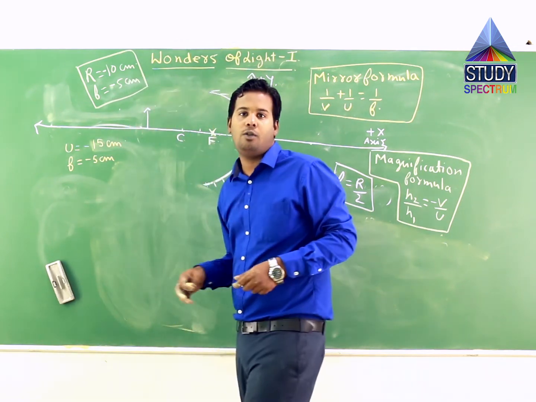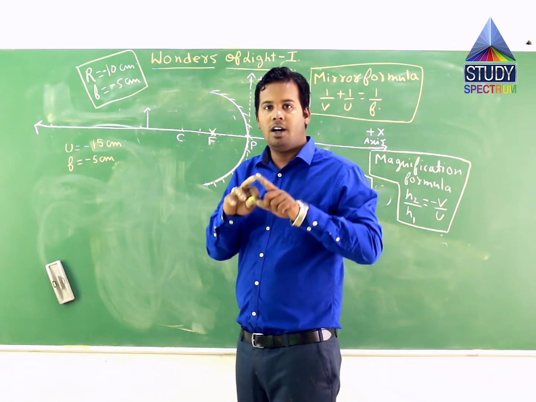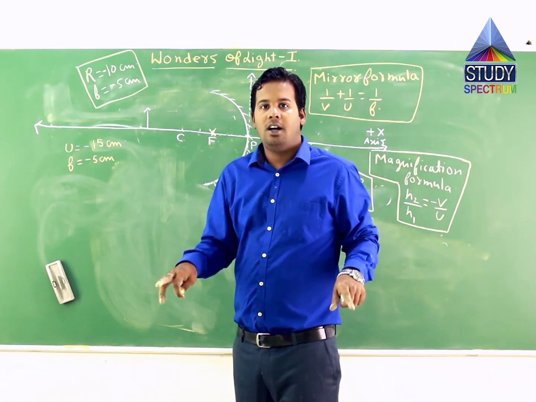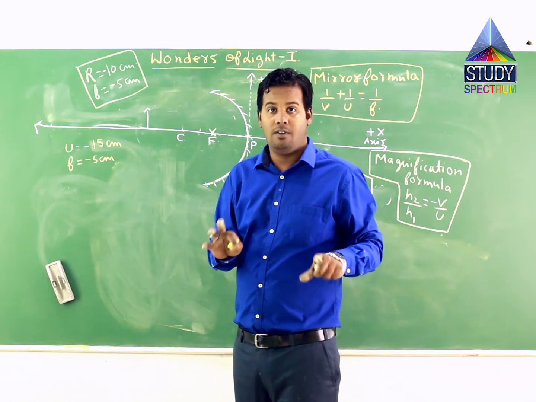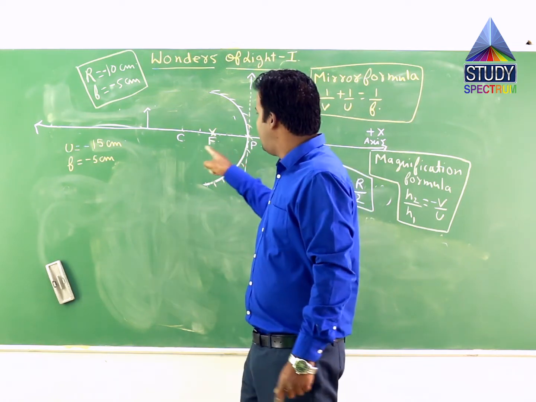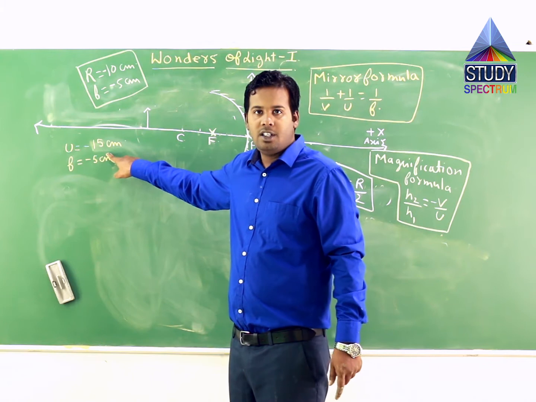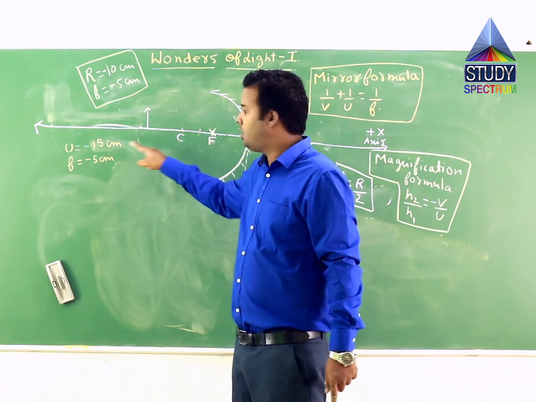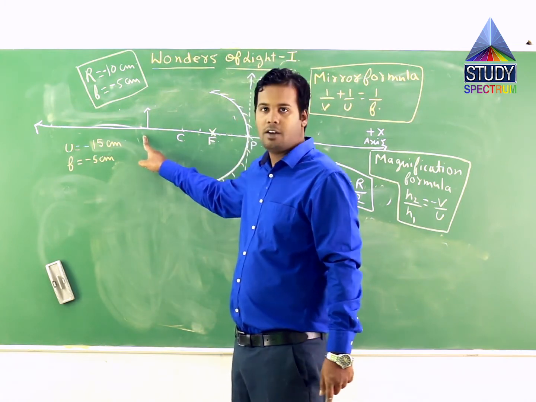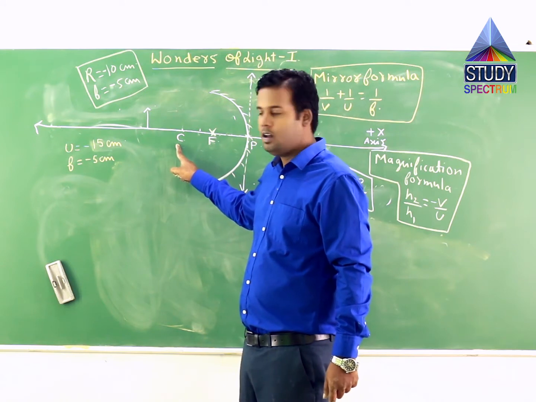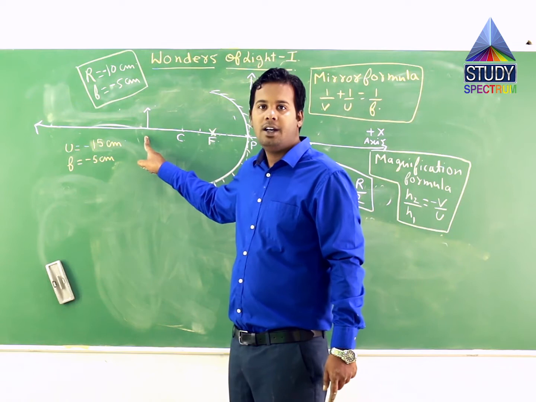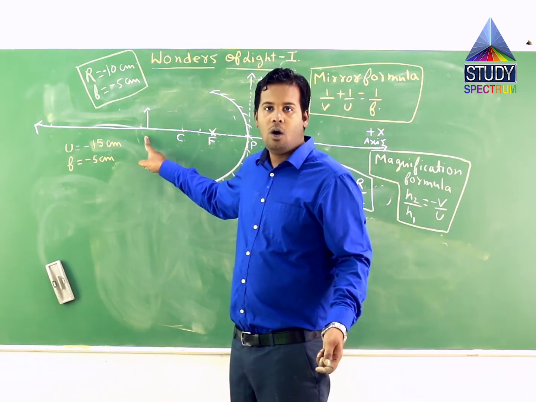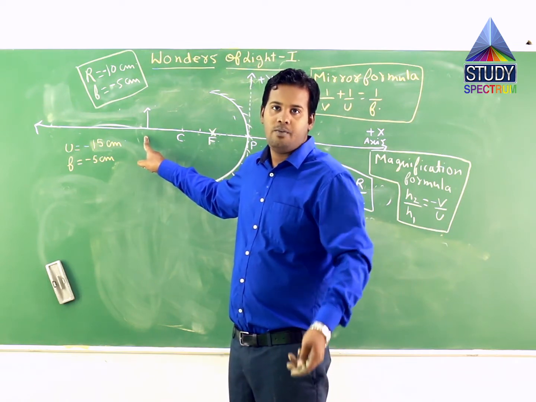will it be fine? Since we are trying to solve theoretical questions, since we are trying to understand how within no time we can learn that tabular form very easily. So will it be fine if I take minus 15 centimeter? It should be. Why? Because this position is beyond center of curvature, this position is minus 10, this position is minus 5. So this should be greater than minus 10 in magnitude, or less than minus 10 with sign, that is